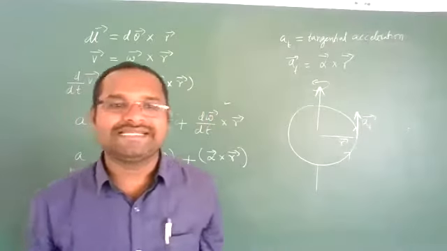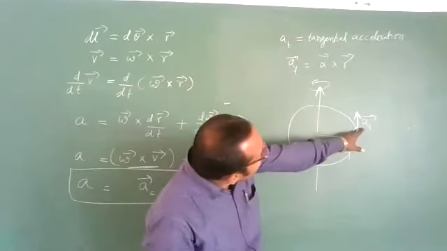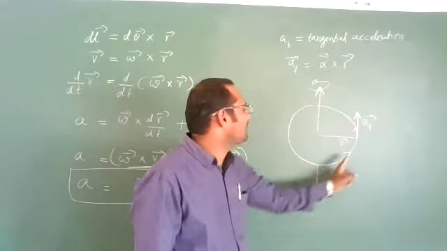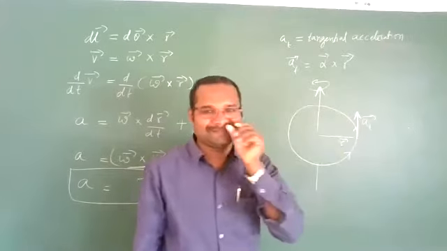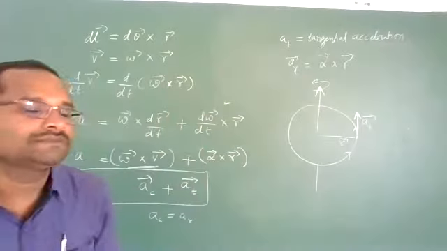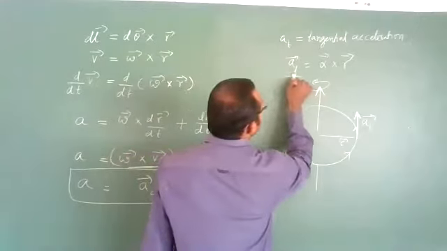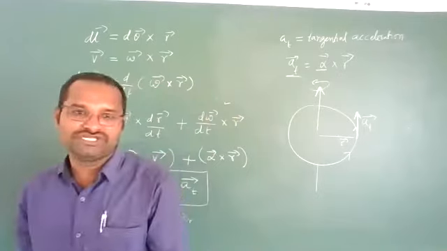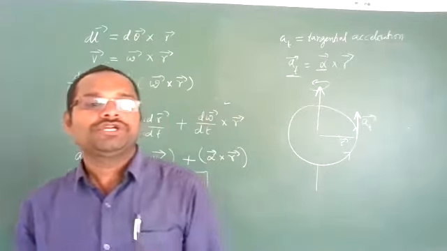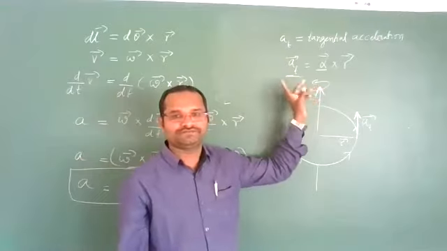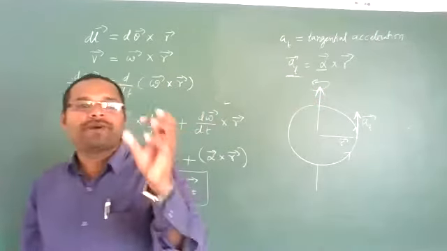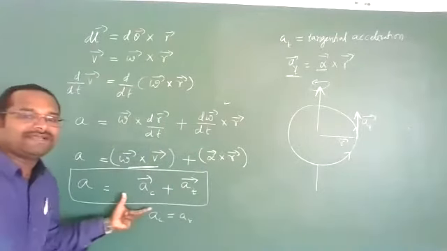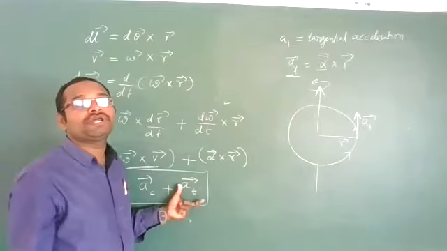So that's why it is called tangential acceleration. And this tangential acceleration comes due to changing velocity when the particle is moving in a circular path. Are you understanding? This tangential acceleration is due to this alpha. If angular velocity omega changes, then it will have angular acceleration, and due to that we get tangential acceleration. So whenever a particle rotates in a circular path, it will have two types of acceleration: one is centripetal acceleration, another is tangential acceleration.